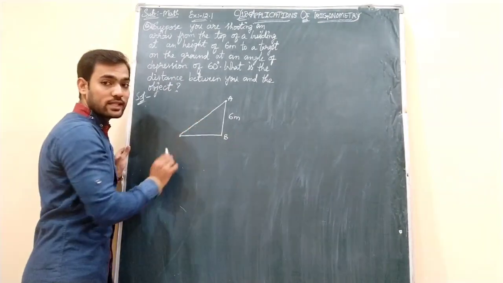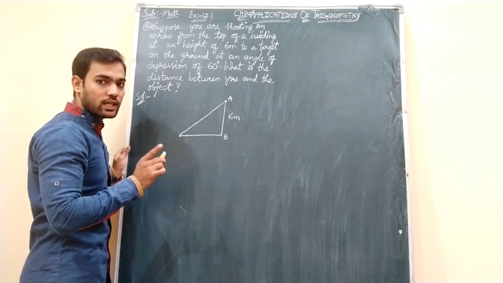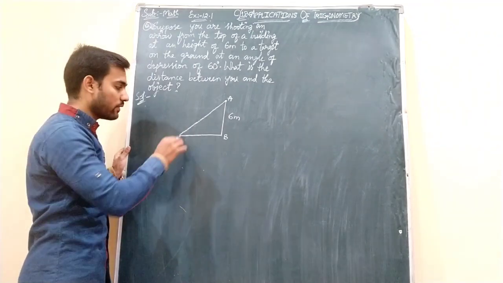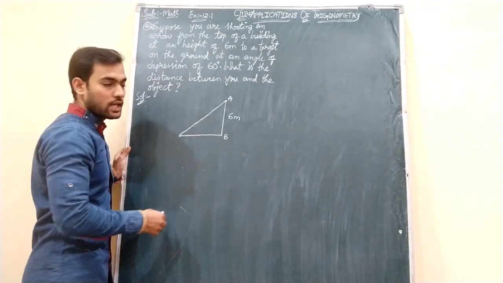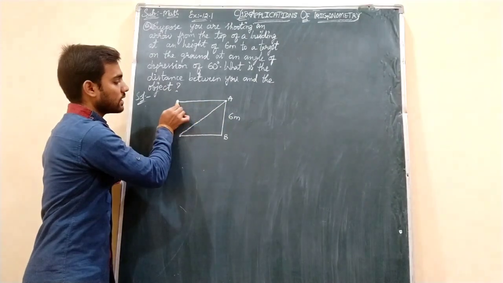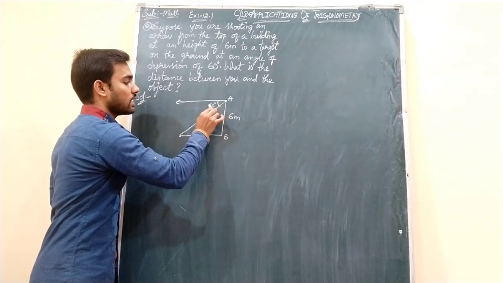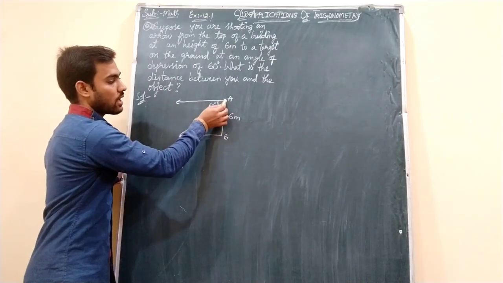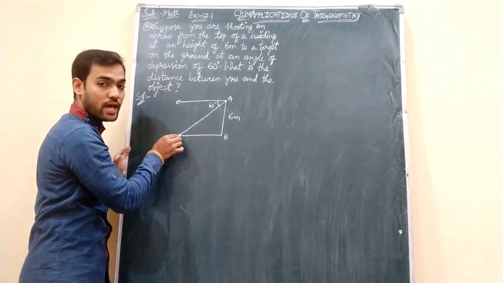So here horizontal we need to draw first, as we have discussed in first class. Always angle of elevation or angle of depression should be taken with reference to the horizontal. So whenever angle of elevation is involved, ground becomes horizontal. But here as we are at the top of the building, we need to draw one horizontal and then here we need to take it as 60 degree. In a hurry, don't take 60 degree here because this is vertical. So here horizontal and this is your line of sight wherein you are shooting an arrow onto the ground.